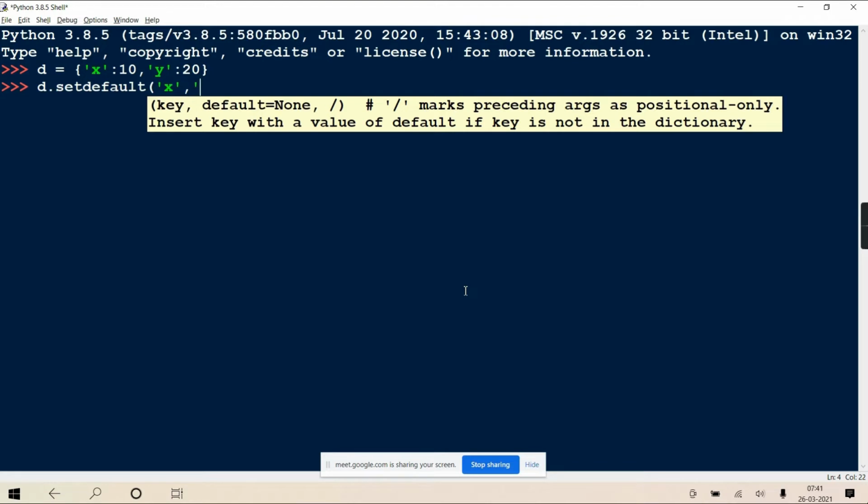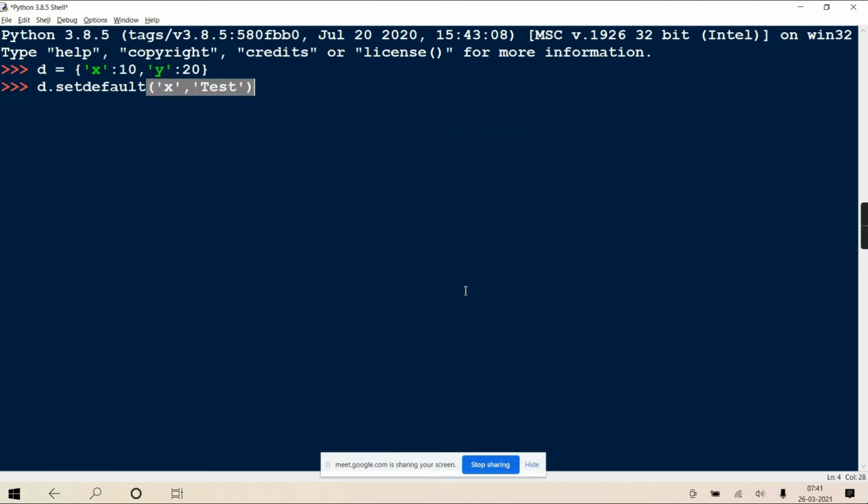Let's suppose I give the value as test. Now x is already present, so the value we have given is of no use. It will just return 10. If you print and see, the dictionary is as it is.